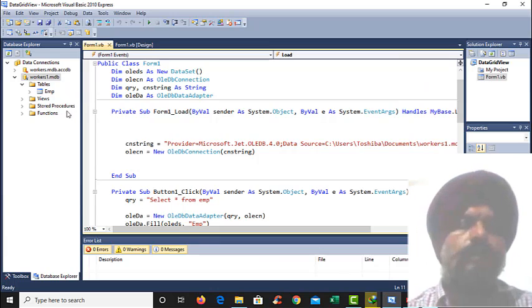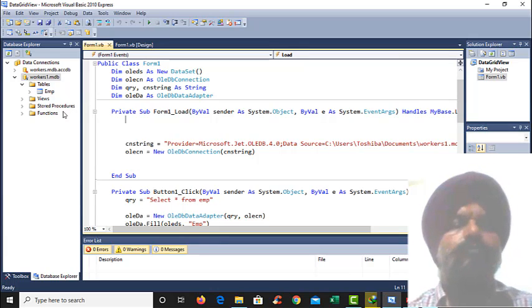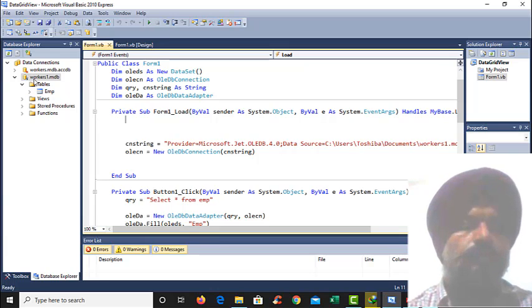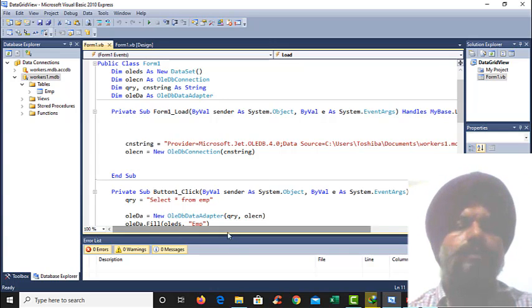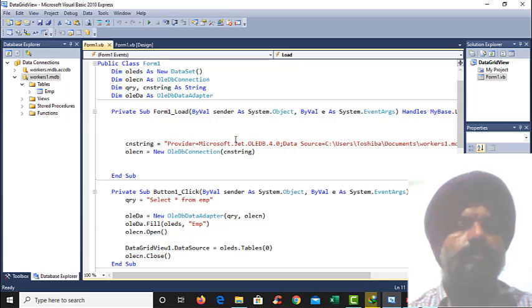Here one must be clear that we have two options. Either we can establish a connection by using the database explorer, or we can establish the connection using programming.